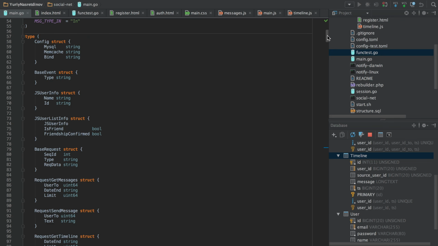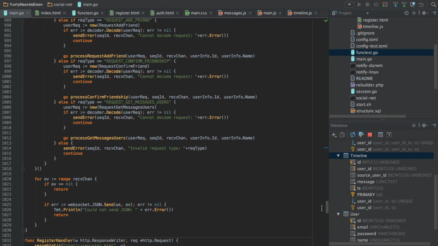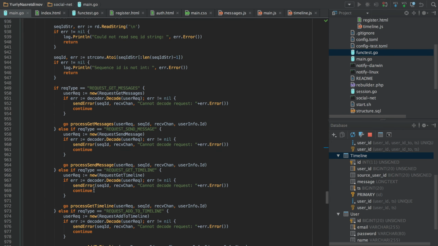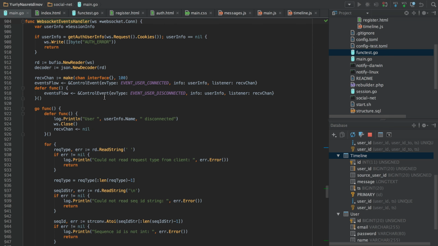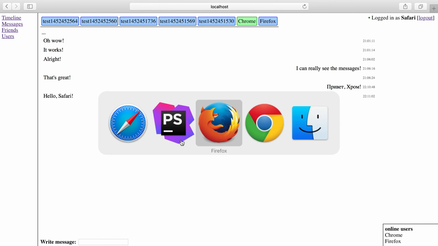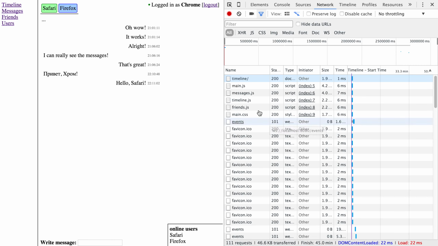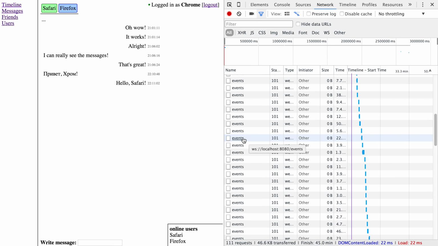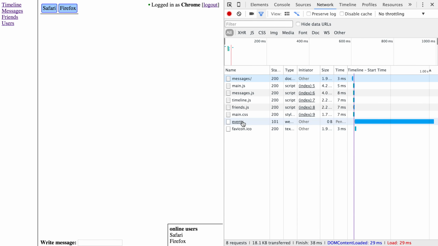What we will do in this episode is I want to refactor the protocol finally, and this is the WebSocket event handler. This is the code where all the WebSocket communication is happening. As you can see, we have a WebSocket connection, and there are several that are established. And if we refresh the page, we can see that only one is pending, actually.